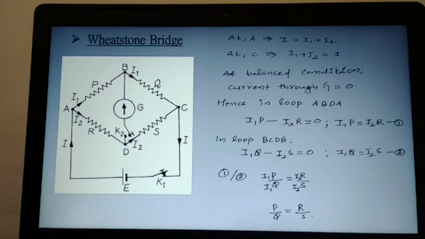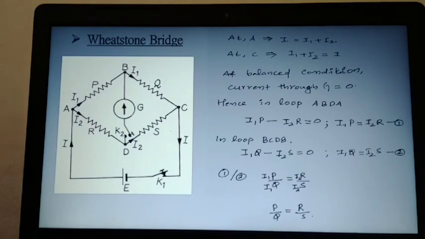So what will happen when I1 reaches the point B? It will not split into Ig and I1 minus Ig because Ig is equal to 0, when you arrange P, Q, R and S in such a way. So I1 will flow from B to C, and when I2 reaches the junction D, since Ig is 0, no current is added to I2, so the same I2 will flow from D to C. That only happens in the balanced condition. When the currents I1 and I2 reach the point C, again you can apply the current law. I1 and I2 add up and the same current I will come back to the cell E.